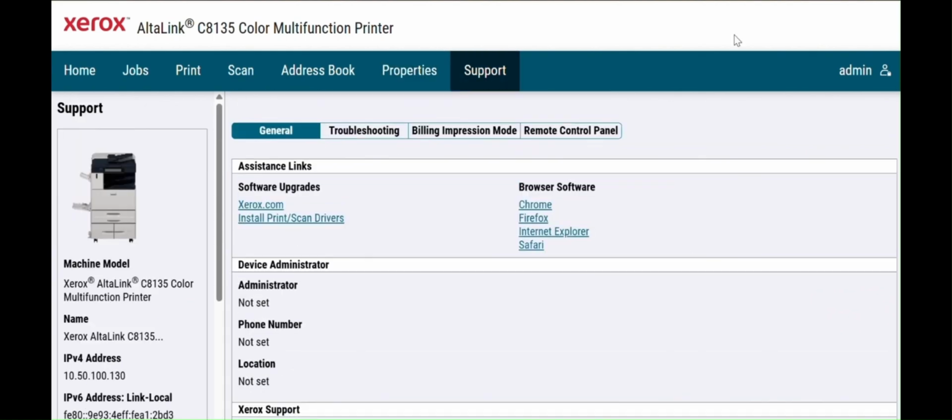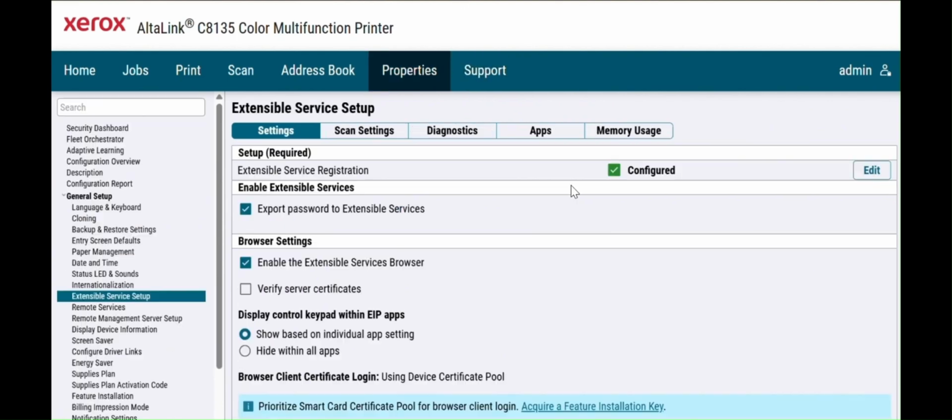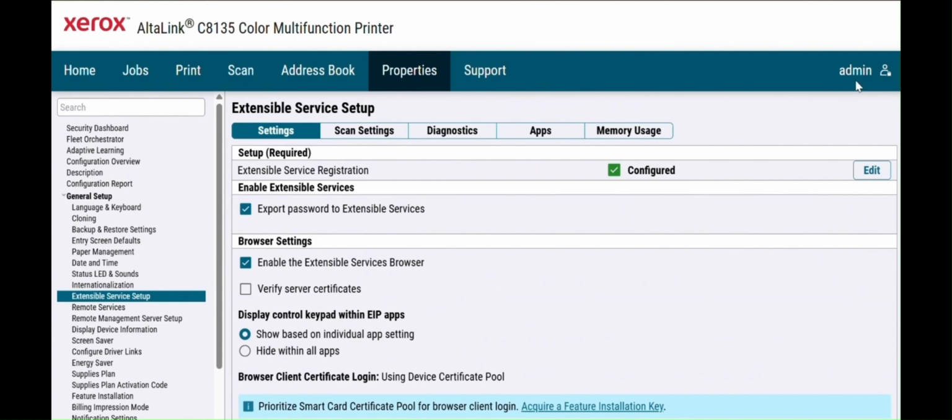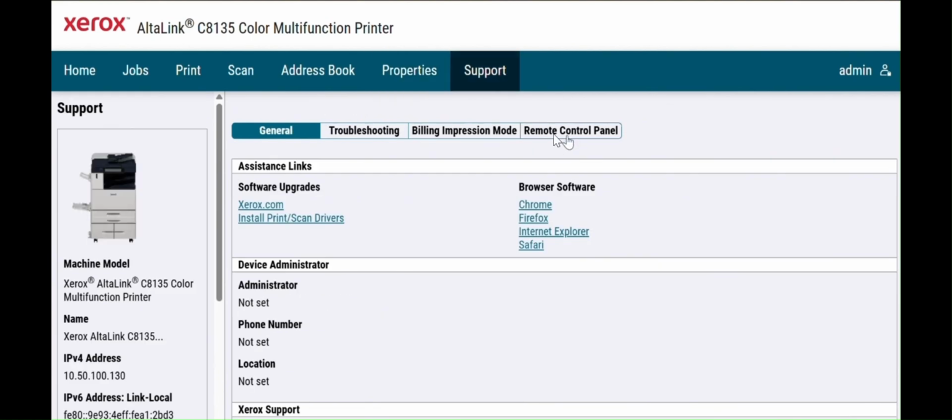Yes, it got saved. So for the Xerox, there is a very good feature, which is called the remote control panel. EAP is already there, and there is something called the remote control panel. If I click on the support button here, you can see remote control panel here, and troubleshooting, billing impression mode. If I click on remote control panel,